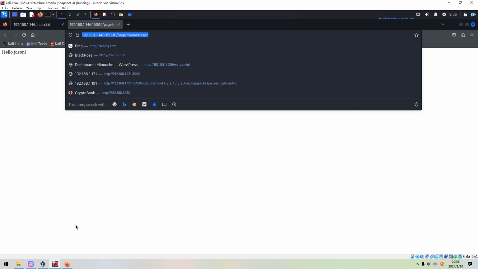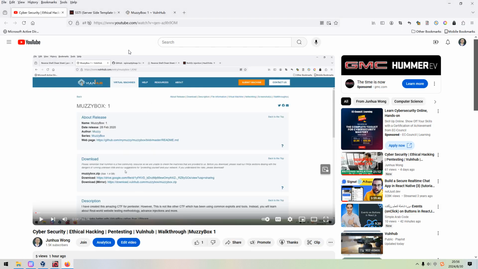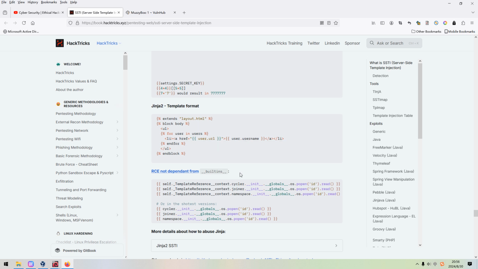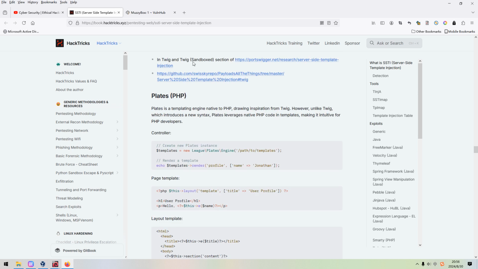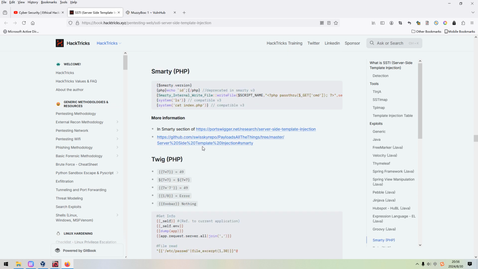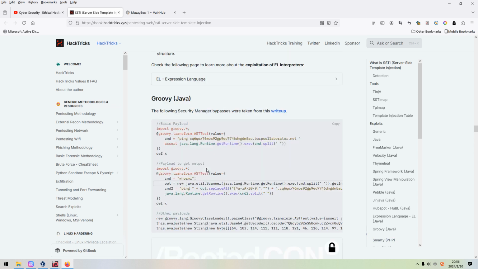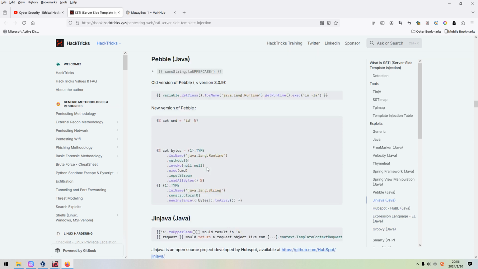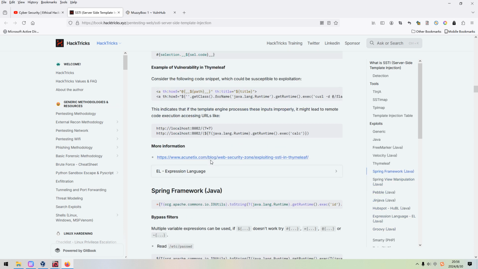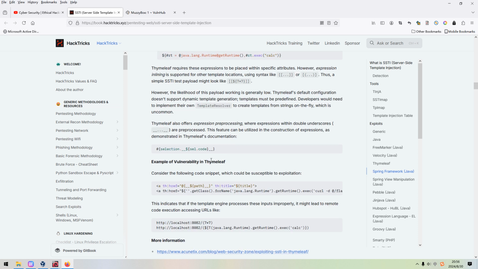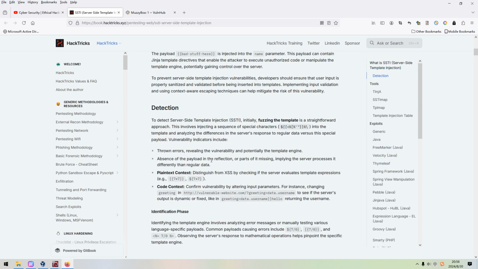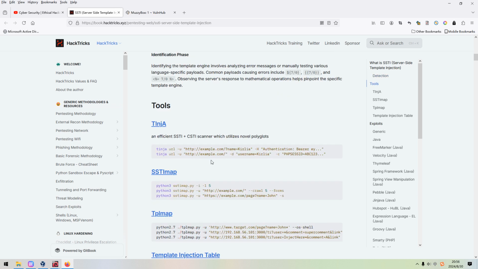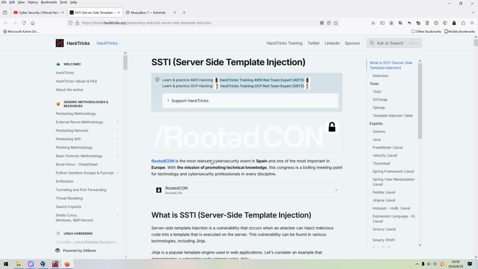And we can do some checks, where you can find a lot of payloads. Of course, this link will be added into the description section below. For example, we can check the web application to see whether it is vulnerable or not, so how to test.